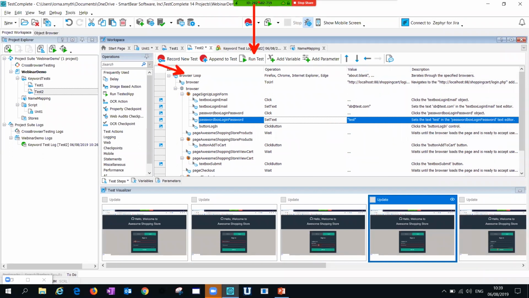And if I clicked Run Test now, it would run my test first on Firefox, then on Chrome, then on IE, then on Edge, and then give me a lovely new log file here showing me the results of all of those. So that's really, really helpful to help you increase the confidence of your application across multiple browsers. So that's one way in the level 3 partial automation that a test automation tool could help you.